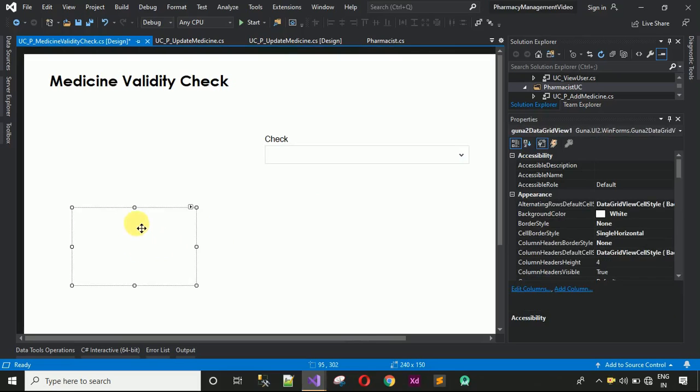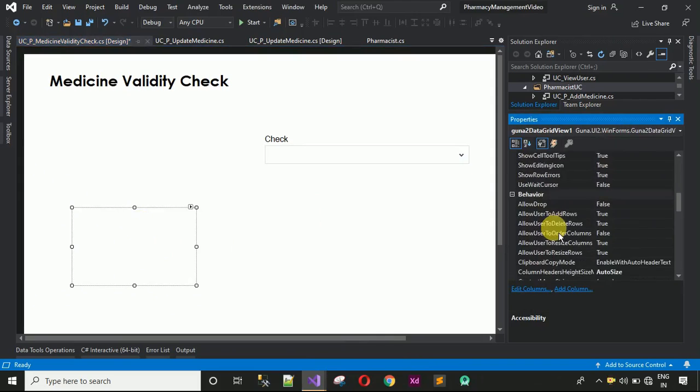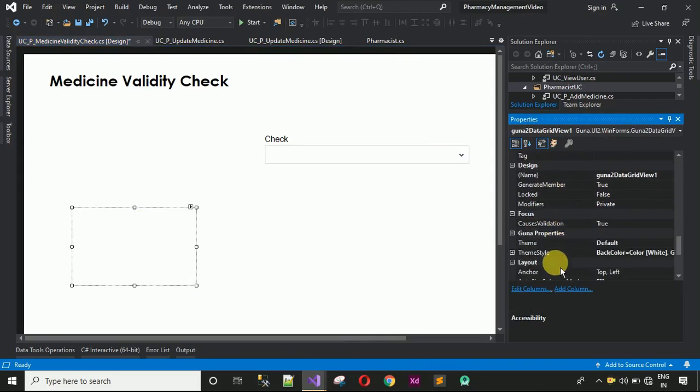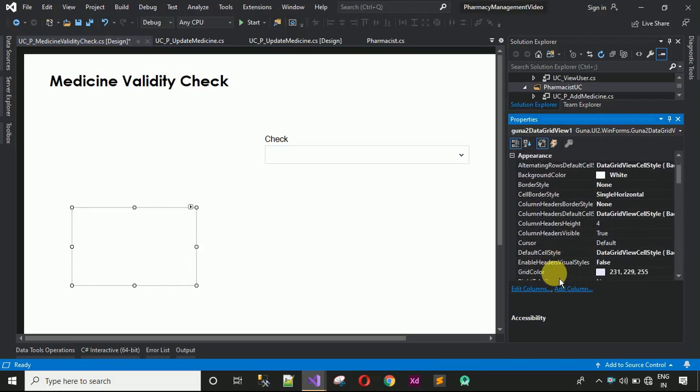So we have this data grid view. Let me first change one thing, that is the border style, so that we can see the outline of this one. Search for border style, change this one to fixed 3D,